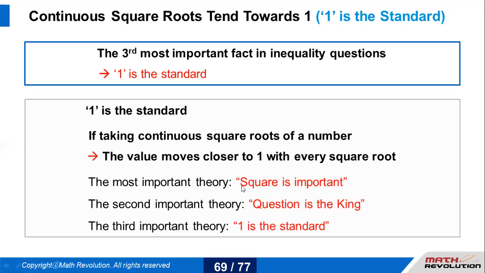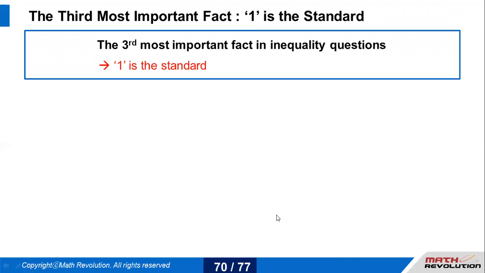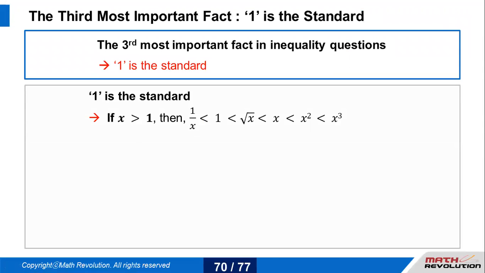See, the most important theory is square is important, question is the king, and 1 is the standard. So now how do we apply it? Let's see here. If x is greater than 1, then 1 over x would be less than 1, which would be less than square root x, less than x, less than x square, less than x cube. I'm telling you, there are a lot of questions framed on this particular concept,